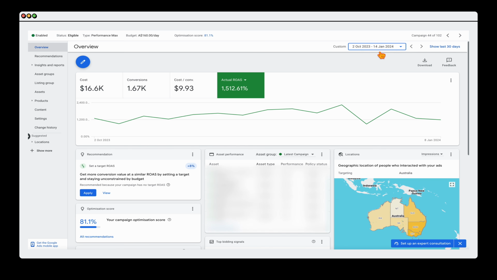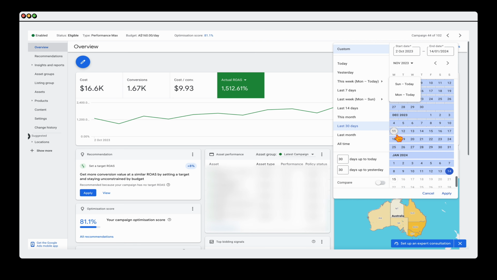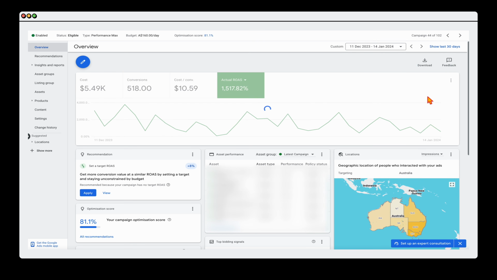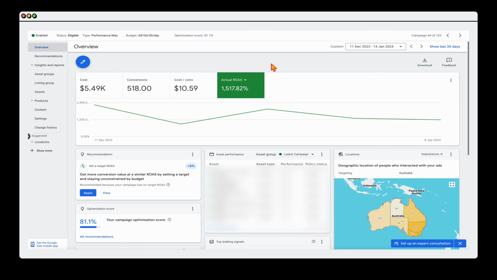So where we'd be looking at is if I go over the last 4 weeks and then once again break it down to weekly, at a bare minimum, I'll be wanting to set this target ROAS probably at around about where we're being here at about 1,200. But given that within the last 4 weeks, because it was leading into Christmas, we had some little dips and dives and then some bigger weeks, I would be holding off, waiting to see another 2 to 4 weeks of